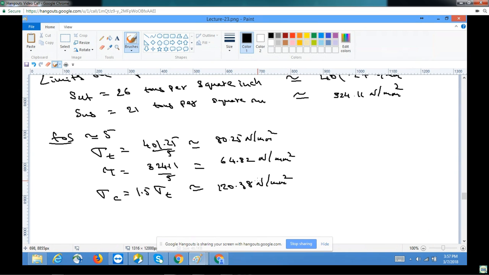So given these things, one can clearly design a kind of butt joint for the cylindrical shells, cylindrical boiler shells. So this is the kind of thing we can look at in an example. For example,